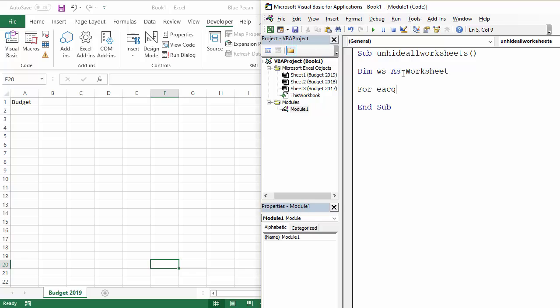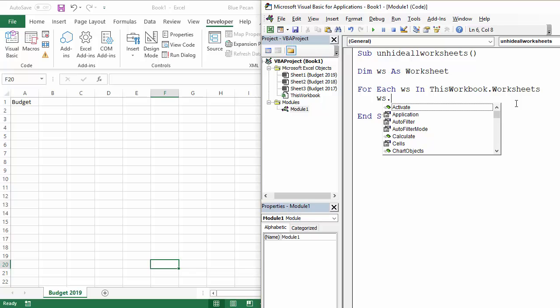So I'm going to say For Each worksheet in ThisWorkbook, the workbook I'm currently working on, and I need to reference the Worksheets collection within that workbook. So I would take each of the worksheets, and I'm accessing the Visible property,